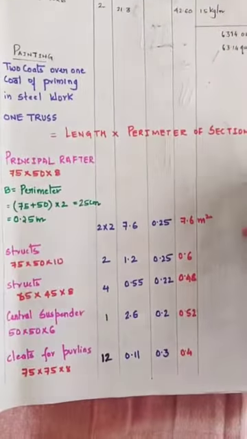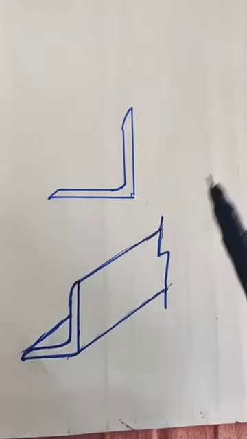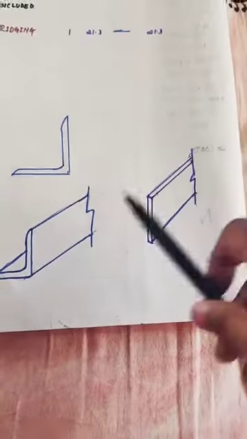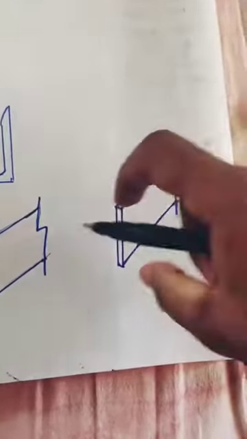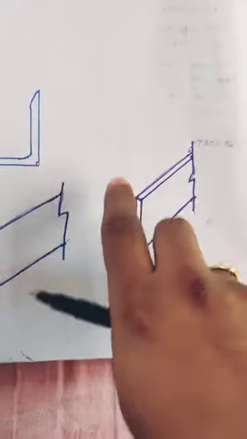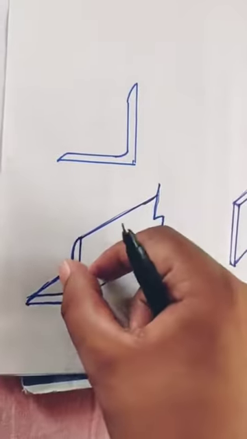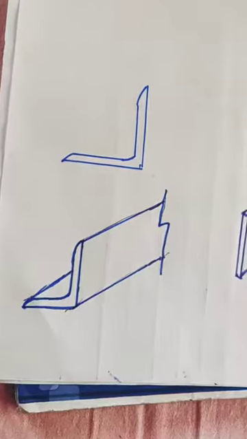For quantity calculation of painting, let us have a look at this figure here. This is an angle section and this is a plate section that we have used, angle and tie member, right? So tie member, if I take an example, 50 by 8 means what? This 50 is the width of the plate and 8 is the thickness. Similarly for angle, one size of the angle, other size and its thickness. So 75 mm by 75 mm by 8 mm.